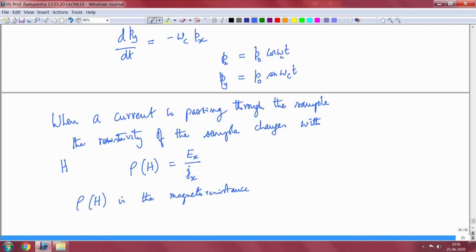So, I do not know whether we will have an occasion to discuss those things, but nonetheless what I will do next in the next lecture is to discuss properties associated with application of magnetic field, which is basically the Hall effect and the magnetoresistance properties. Okay, so I will stop at this point for this lecture, and we will continue again in the next lecture with the Hall effect. Thank you.